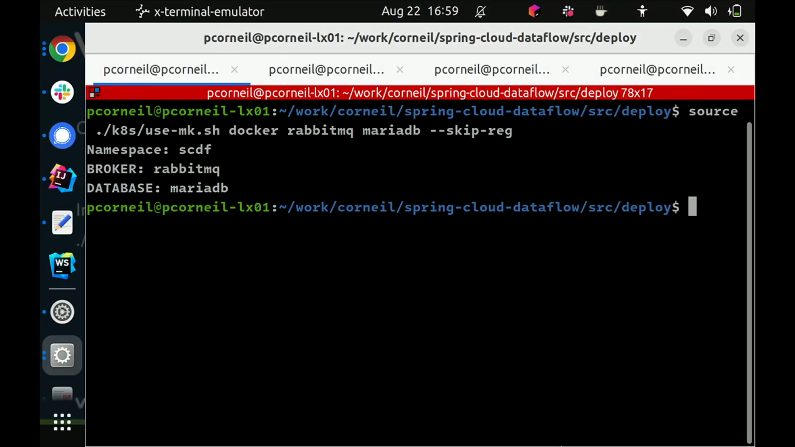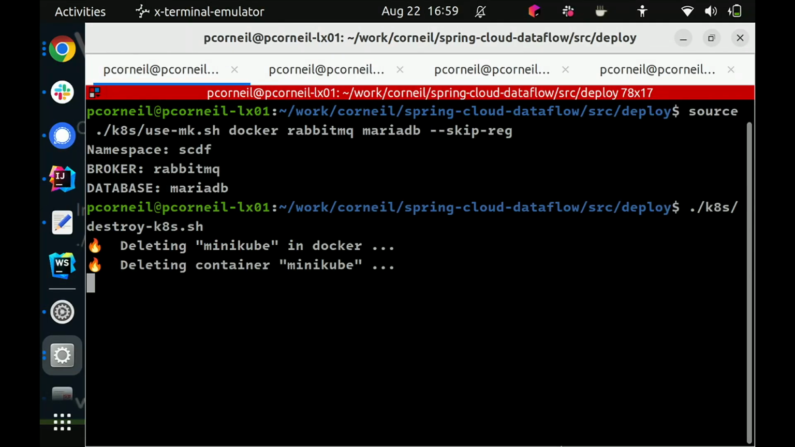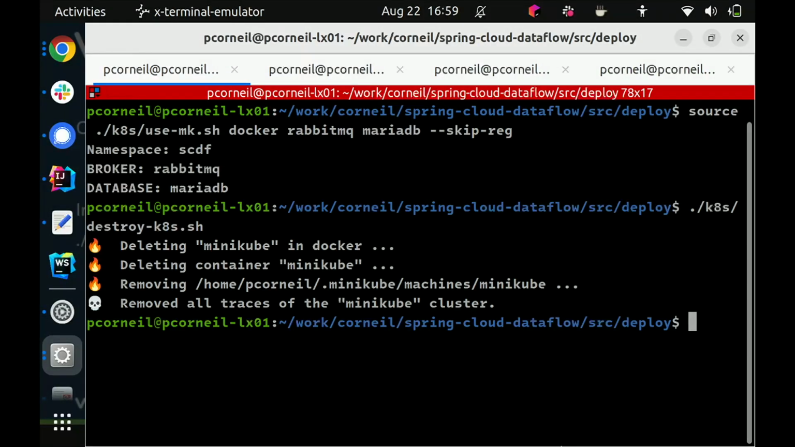Now, let me just see. I'm going to make sure I run destroy. So I'm deleting any previous Minikube cluster. So I've got no cluster running locally. Now I'm going to say